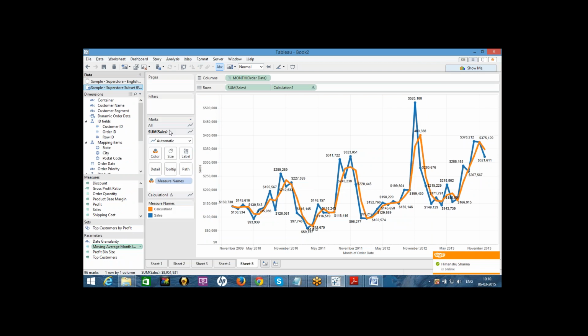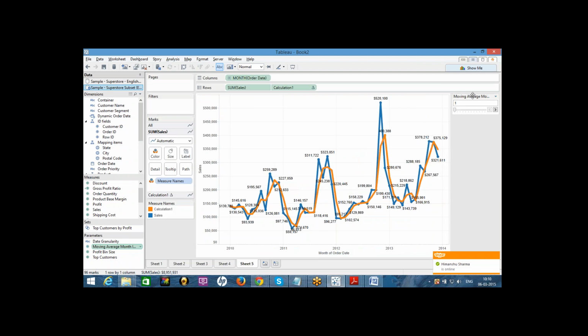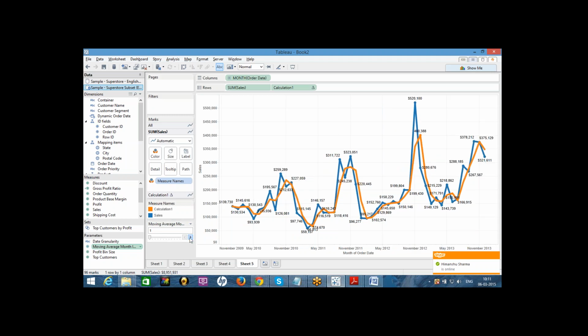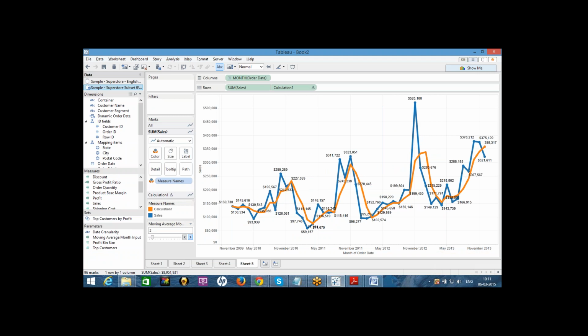Click on show parameter control. Now start moving this one, and you will see the change happen on the right side.